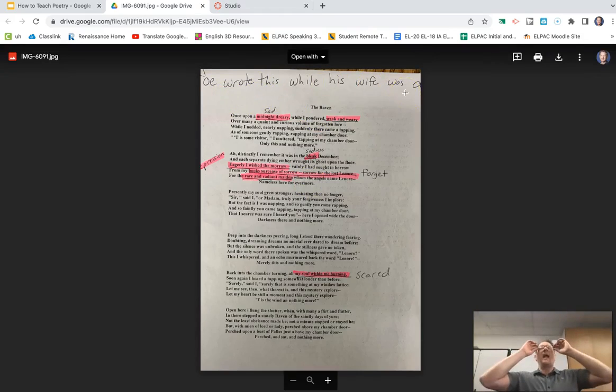So I have them write that, and I make sure I establish right away that what's going on in an author's life at the time will have a great influence on the poem that author is writing. And historically, what the person has gone through in the past will have a great impact holistically on their poetry. I think that's very, very important to establish.